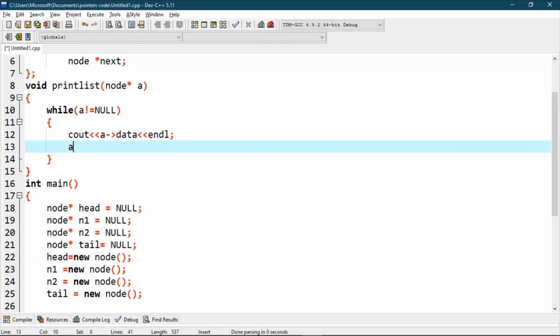To do that, we will use a is equals to a arrow next. Now let's try to execute this code.